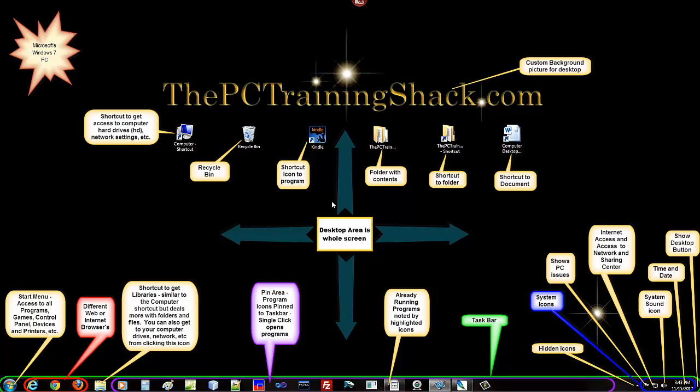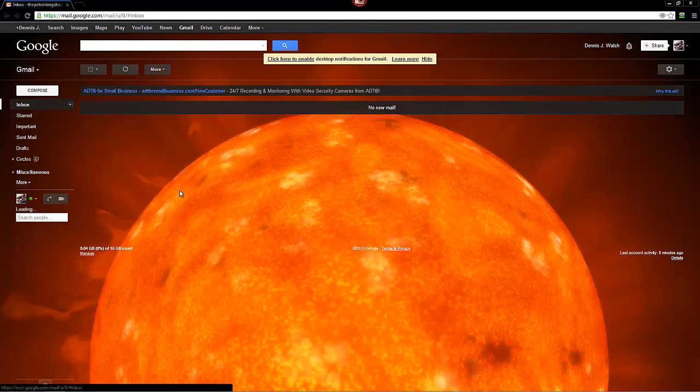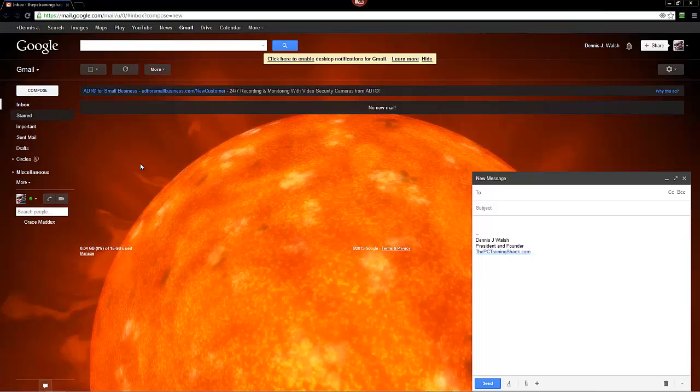So let's go ahead and go to the email. I'm going to go to Gmail. This is going to be covering Gmail. Once we're into Gmail, we'll act like we're going to create a new email to be sent out, so we'll hit the compose here. Once the compose is open, we'll start the email process. I'm going to send this to myself, the PC Training Shack